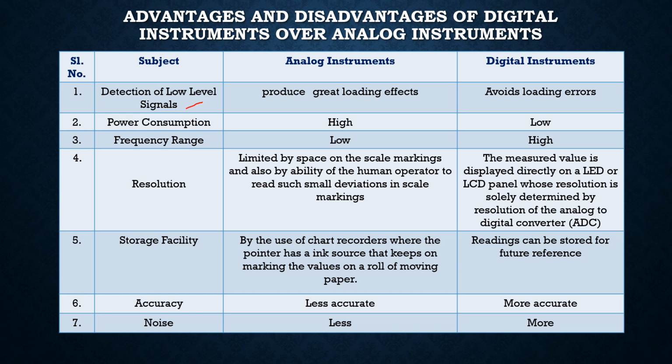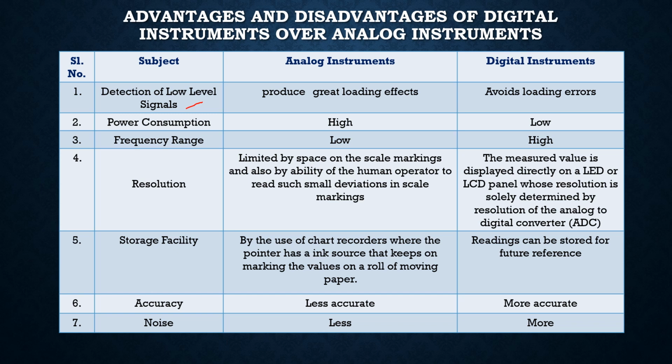What external circuit will it use? Electronic meters, that means digital instruments, basically use an amplifier. What does the amplifier do? The amplifier supplies power for the operation but makes it possible to detect the low level signal. As we are using an amplifier in the digital instrument, it is very easy to measure or to detect the low value of signal using the digital instrument. The error is very less. Now if we do not use an amplifier in the digital instrument, it is not possible to detect low level signal using the digital instrument.